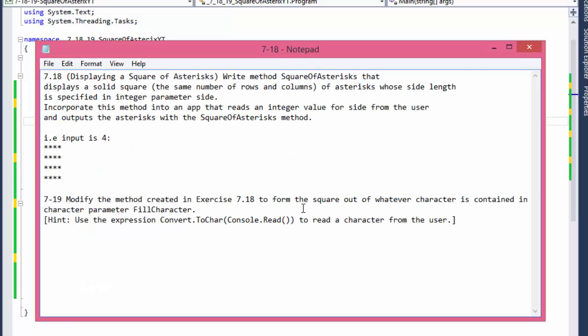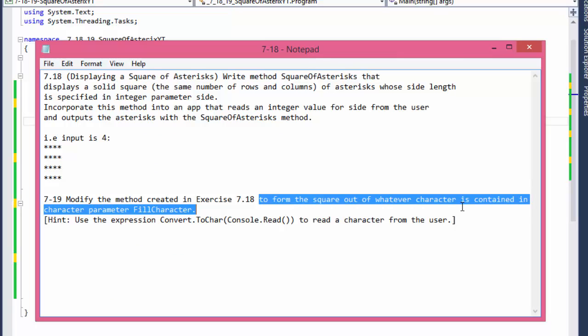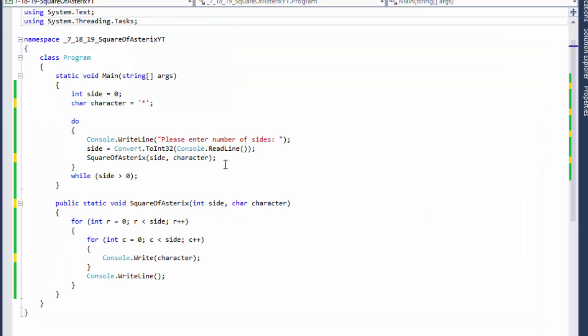Which is to use any character the user wants. In other words, the user will not only enter the number of sides, he or she will also enter the character that he or she wants to be printed. So that's going to be very simple. The only thing we really need to do is